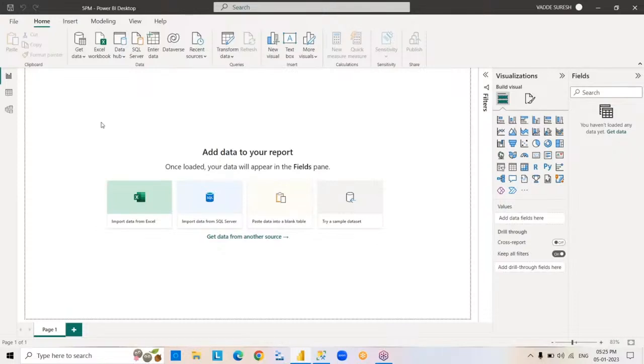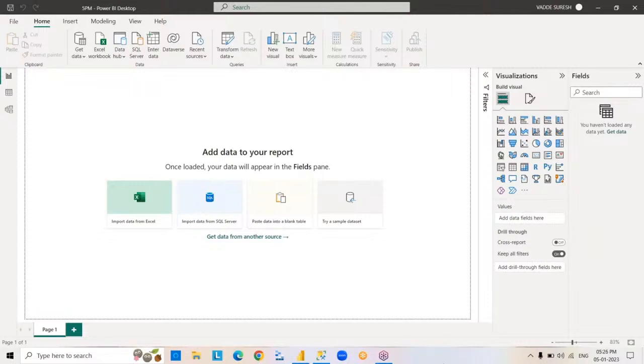So coming to the next scenario. In this project only, we are going to perform different types of activities. So if you want to perform any task in this, go to get data window, source now SQL Server is